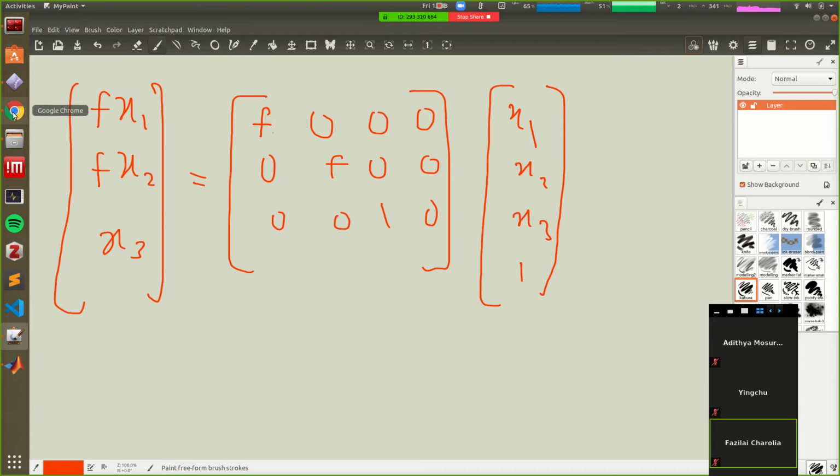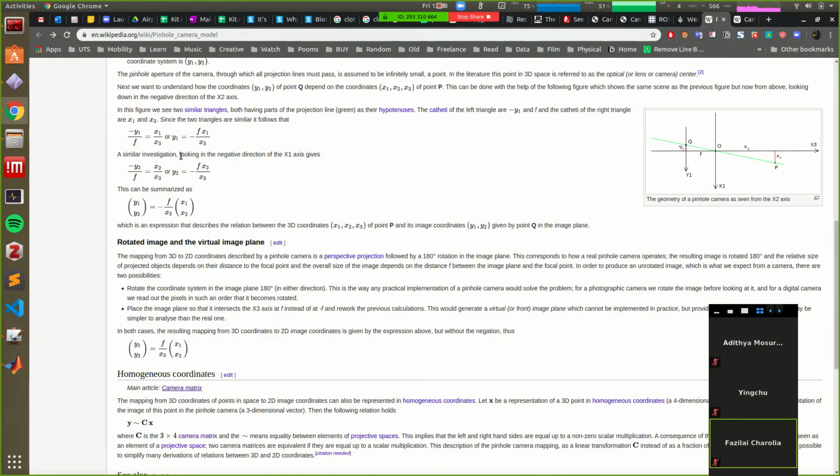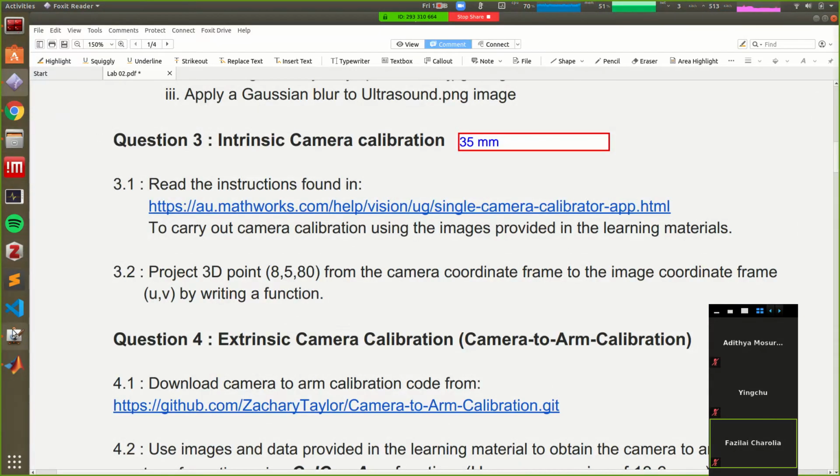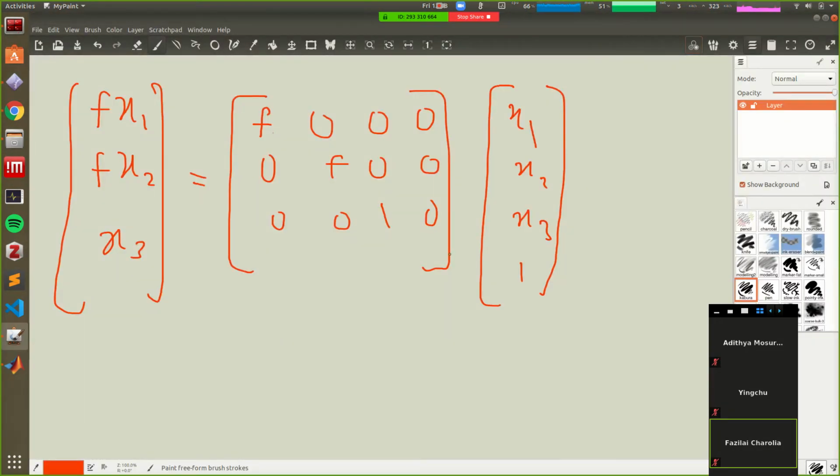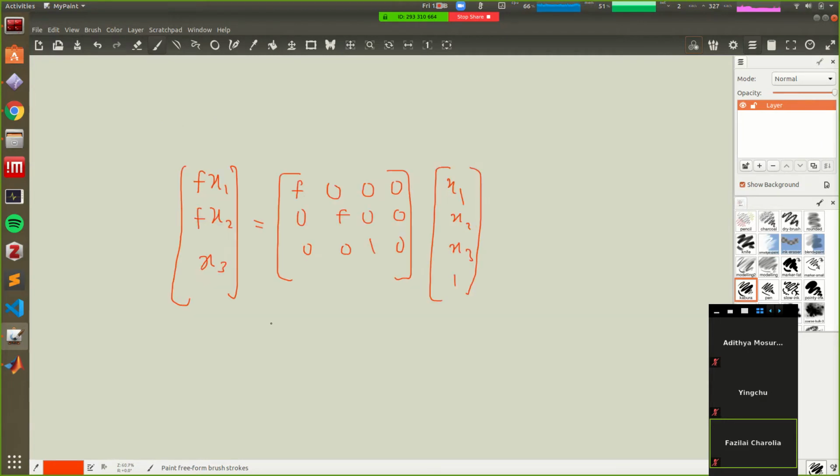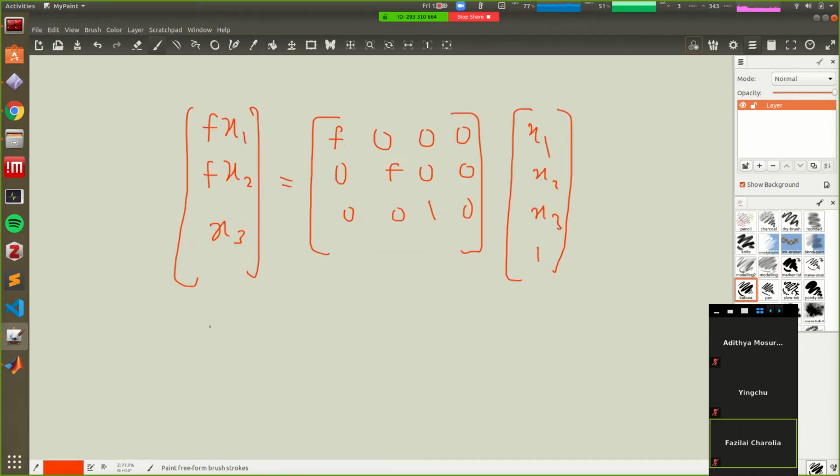But what is my final image plane values? It should be f x1 divided by x3, f x2 divided by x3, right? Since you want to put this in a homogeneous form, what you do to create a 1 here is you divide this element and this element by x3, right? Because if you do that, what you get is